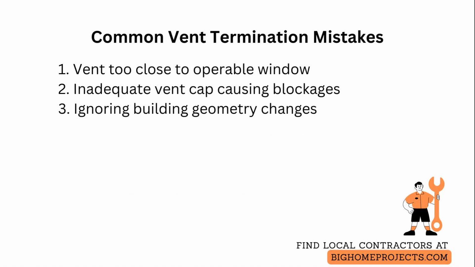Three frequent mistakes are placing the vent too close to an operable window because the installer follows visual lines instead of measuring the shortest horizontal path. Fix by measuring the actual horizontal distance and relocating or extending the vent so it meets the 10-foot guideline or